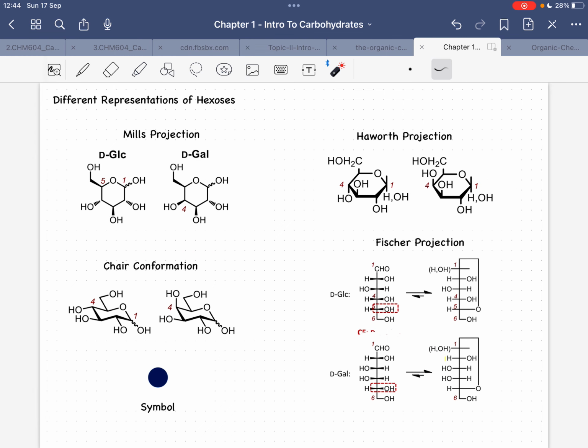So in carbohydrate chemistry naa tay 5 different representations for hexoses. One is the Mills projection, Haworth, chair, Fisher, and symbol. Ang kaning symbol, ginagamit din siya sa mga biologists because biologists and other related disciplines did not care about the structure. But chemists in particular care about the structure because important sa ato ang stability sa molecule. Okay? And naa puy Mills projection and Haworth projection.